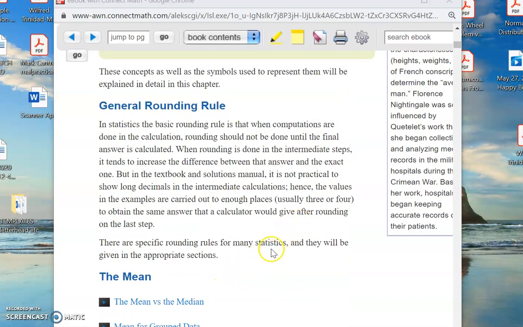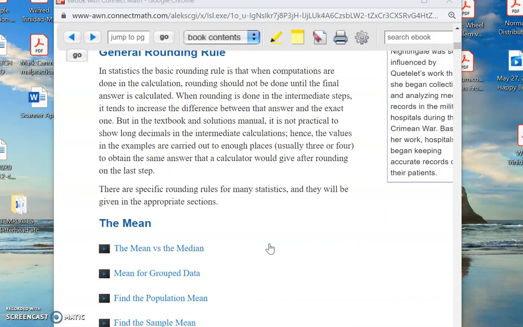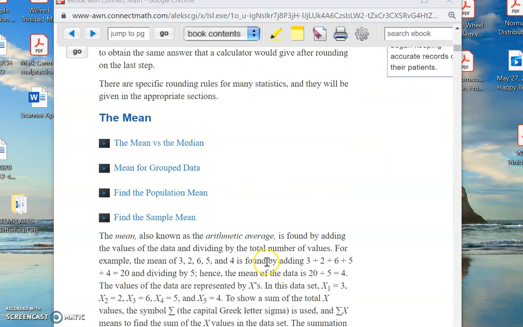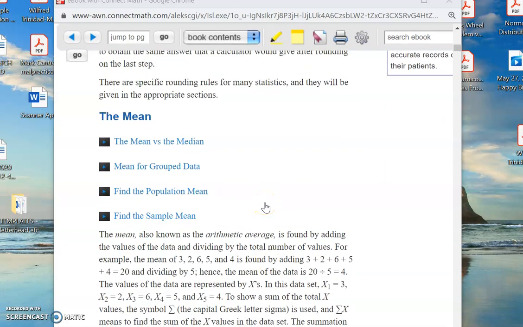Okay, why do we care about this? The reason we care about measures of central tendency is because many times we don't care about the actual data points. All we care about is what the average is, otherwise known as, in this case, the arithmetic average, the mean. Okay, as an example, let's suppose I'm the pilot of an airplane, a commercial airplane.